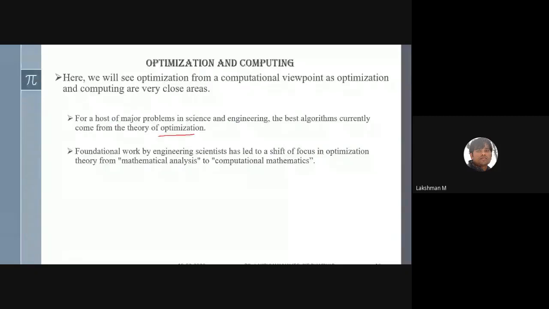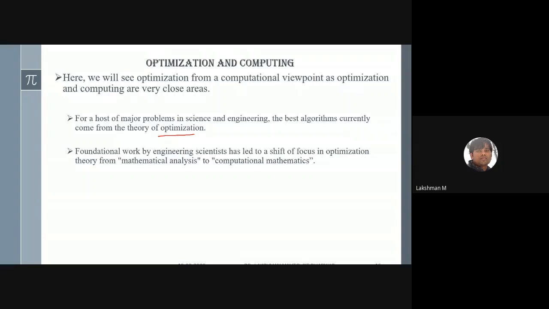You can look at recent literature, such as NIPS and ICML research papers. What you will observe there is that most theoretical papers in computer science and other engineering branches come from optimization. They are discussing optimization algorithms.